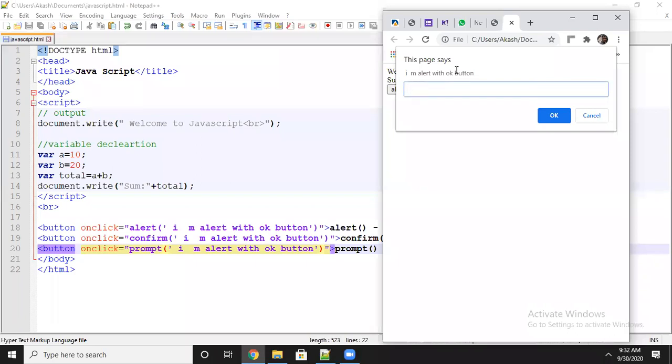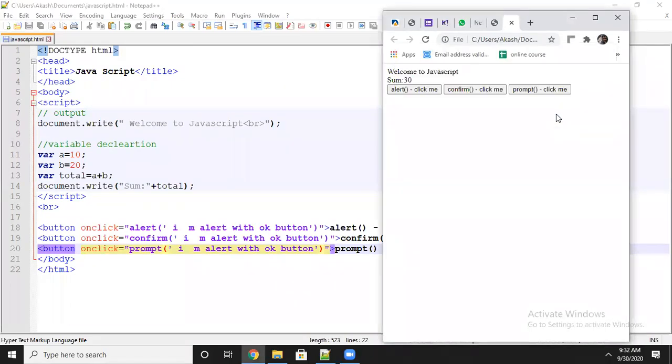What is happening here? Same message, OK and cancel button, along with one text box. What is the use of this text box? We can use it as an input. In those cases, it will be useful.